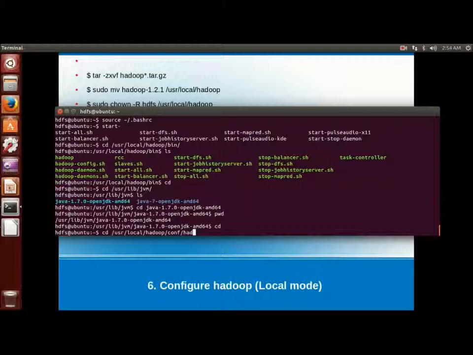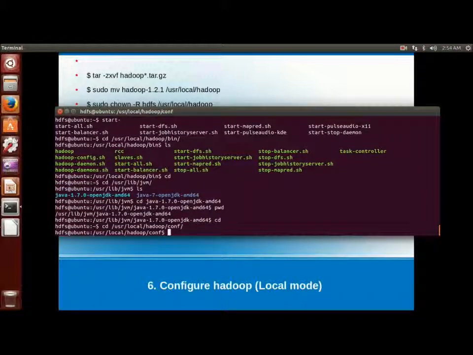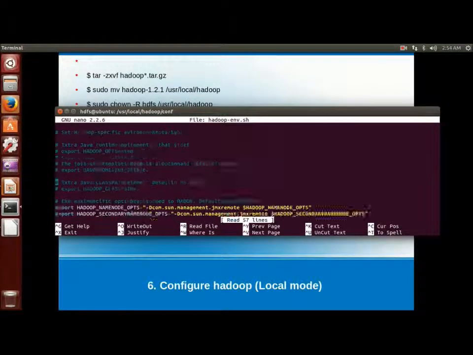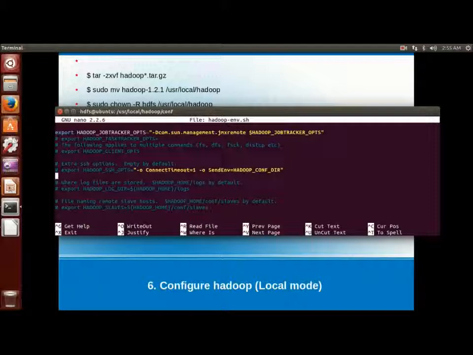Now copy the location of the Java directory. So copy up to the directory of Java 1.7.0. Then export JAVA_HOME.